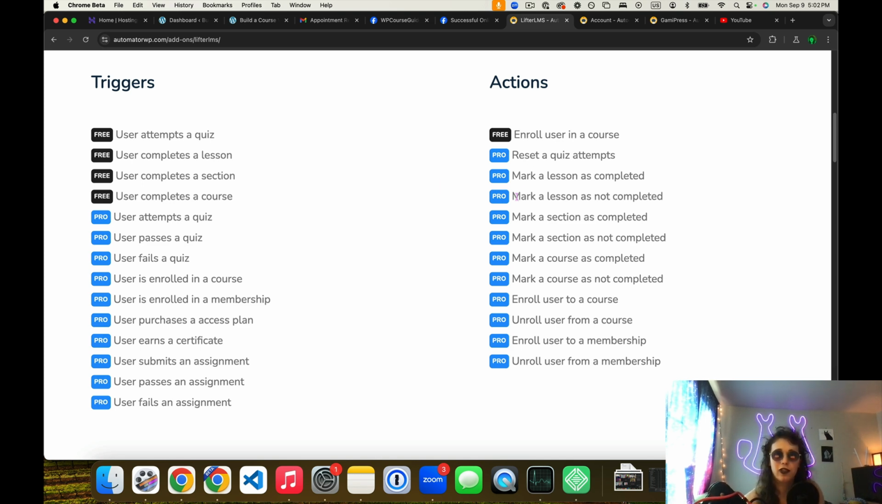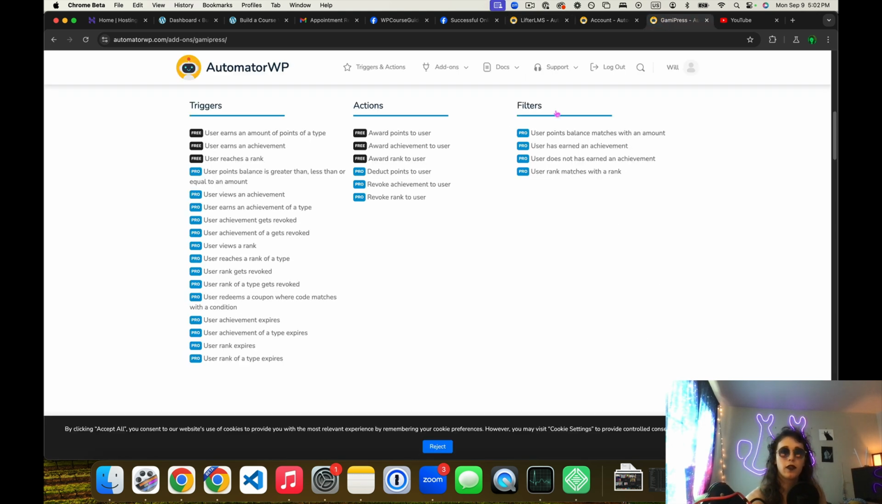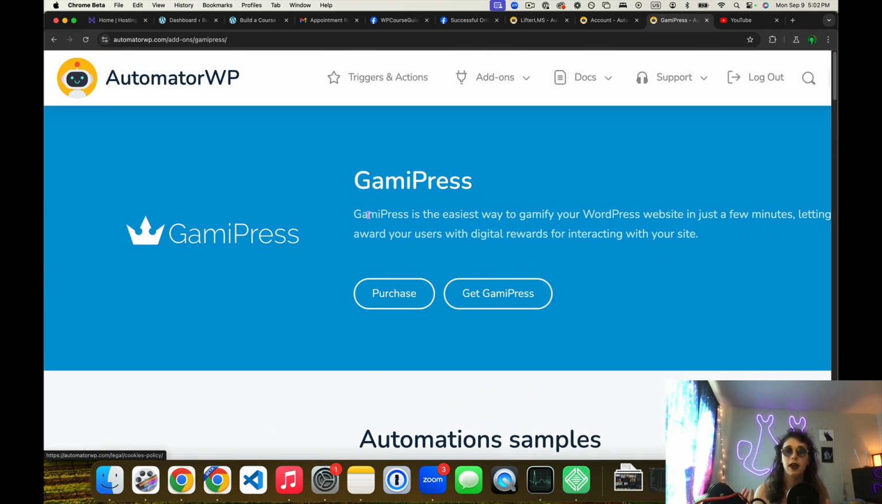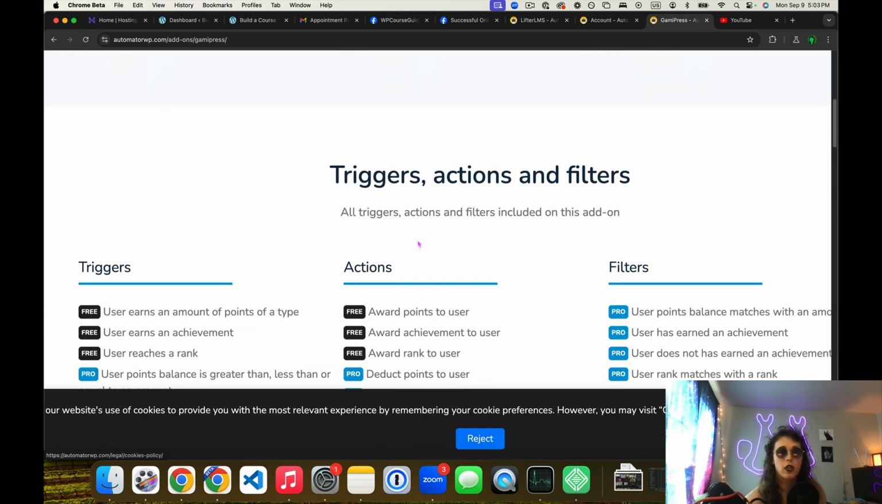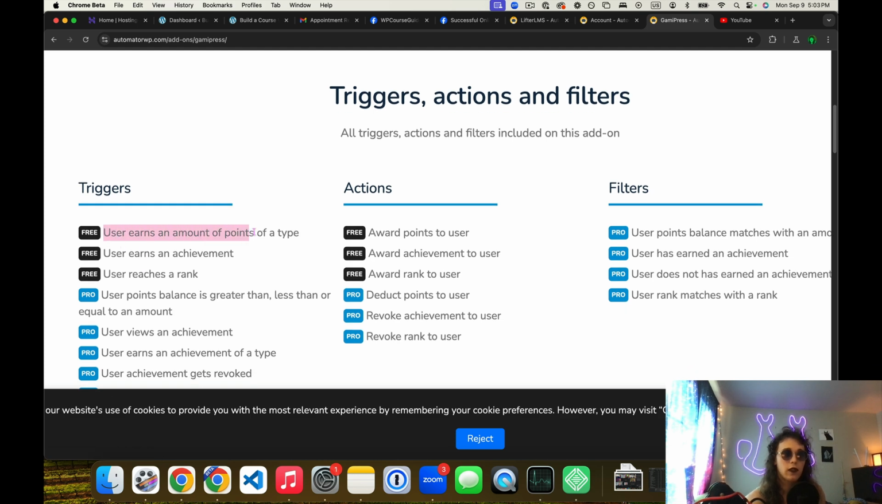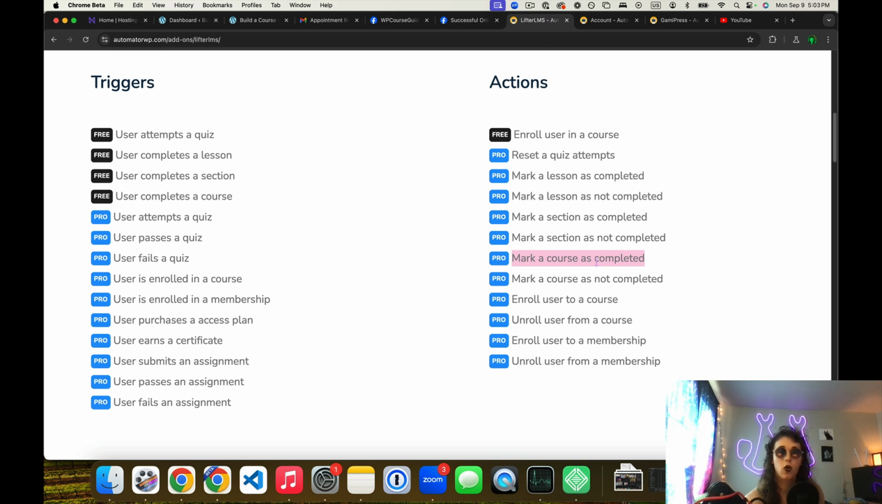Taking a look at the actions, we can mark a lesson as complete, or even mark a course as completed. So here's what we would do. We would use the GamiPress tool. GamiPress is another integration by Automator WP. In fact, it's made by the same people who make Automator WP. So we would use GamiPress and we would do a trigger and action. We would say, when a user earns an amount of points of a certain type, we want to mark a course as completed. And then simply what we'll do as a trigger is we will give people points in GamiPress